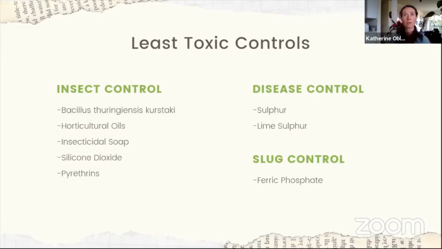Horticultural oils are helpful. They essentially suffocate eggs of aphids, some moths, sawflies. It essentially suffocates or disrupts the physiological process of eggs. And that can be applied in the summer or in the winter. It's called a summer oil for summer application, and dormant oil for dormant or overwintering applications, and